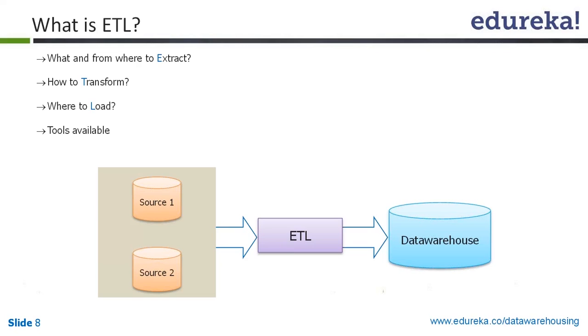Unwanted spaces and unwanted characters can be removed using the ETL tools, and then the file is loaded into an area called the staging area. In the staging area, all the business rules are applied. For example,